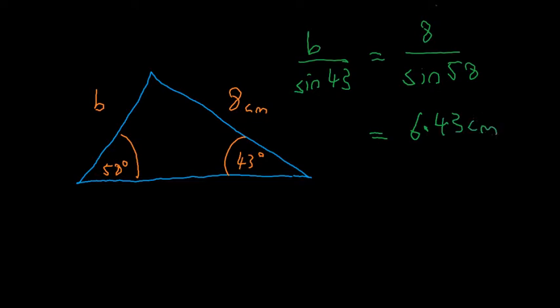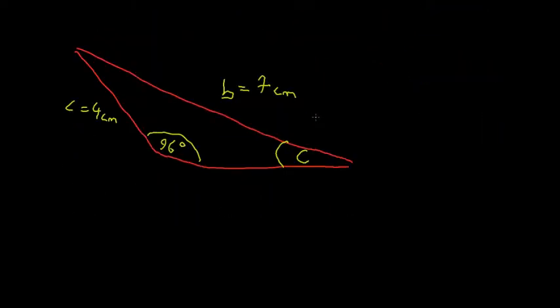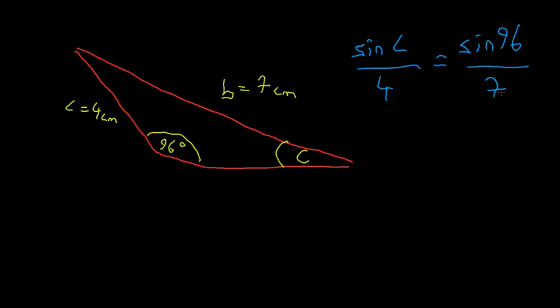Two significant figures. Okay, another example down here. I have another triangle, and I want to find the angle C. Now, this time I'm going to set up the sine rule upside down because it makes more sense, right? Sine C over 4 equals sine 96 over 7. Okay, now that's true. I get the value of sine of C,